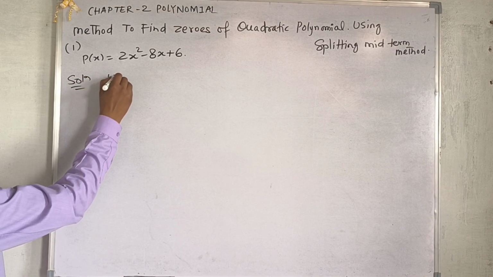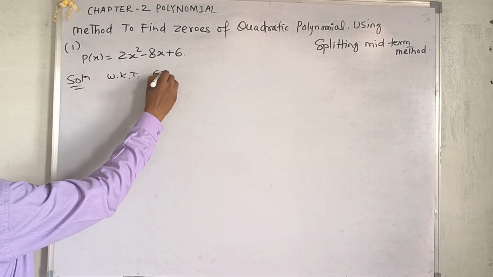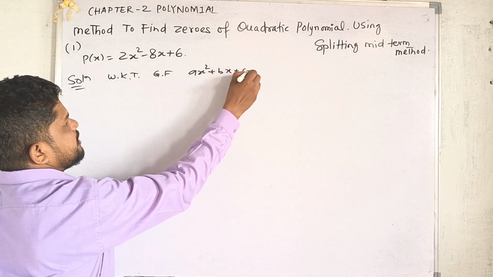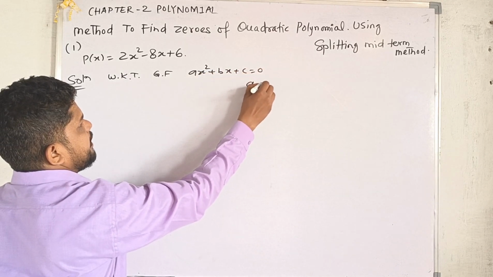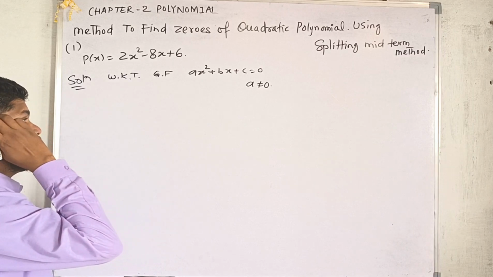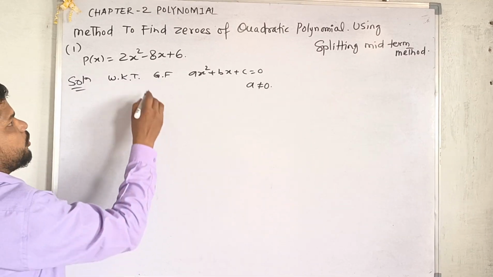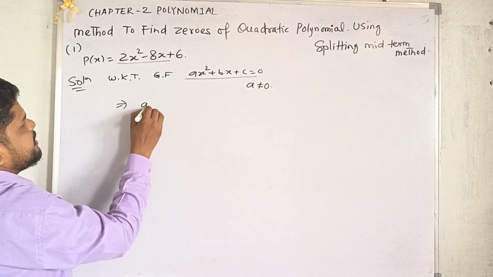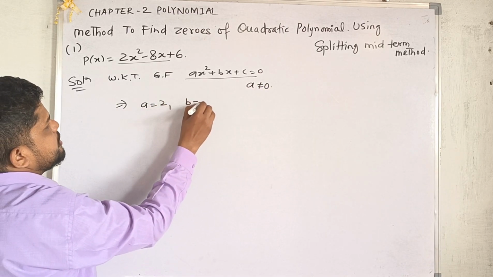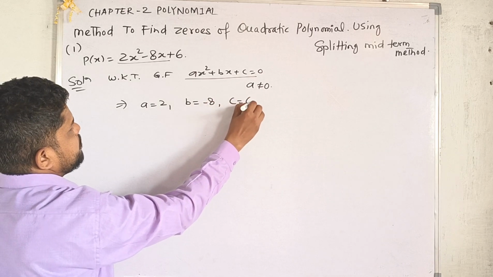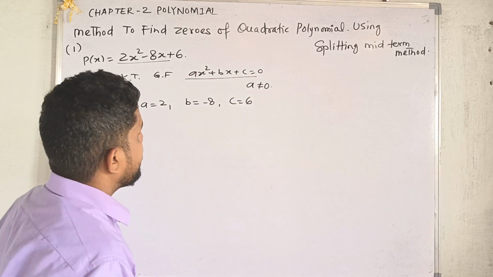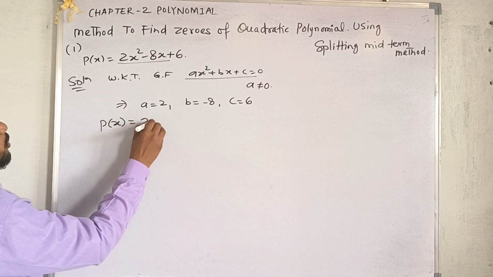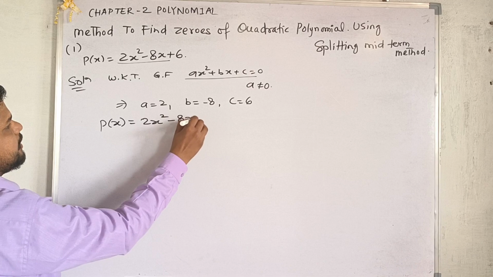We know that the general form of the quadratic equation is ax square plus bx plus c, where a is not equal to 0. So on comparing these two, we get the value of a is equal to 2, the value of b is equal to minus 8, and the value of c is equal to 6. Isn't it? Yes. So in order to split up this 2x square minus 8x plus 6